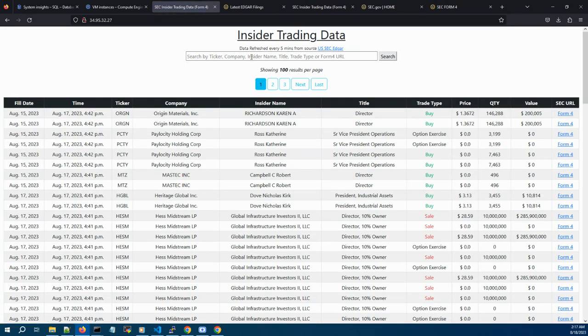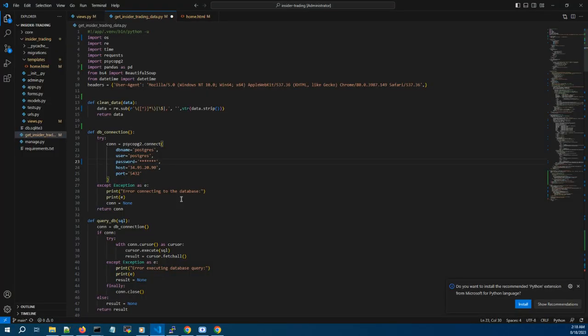So this is all about the Django tool. Now we'll do a code review of how this is actually working. I'll come to my GitHub, to my code here in VS Code. As you can see, this is my Python script, which is the main program that fetches the data every 5 minutes from the